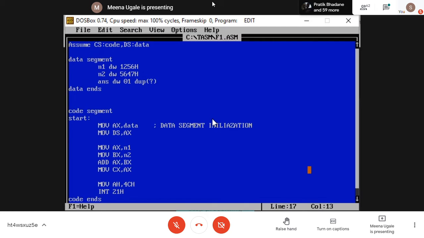Add AX, BX, the instruction will be the same. And now I need to copy my result to my answer variable. I'm writing move answer, AX. AX will get the answer of your addition. And end the program as it is.